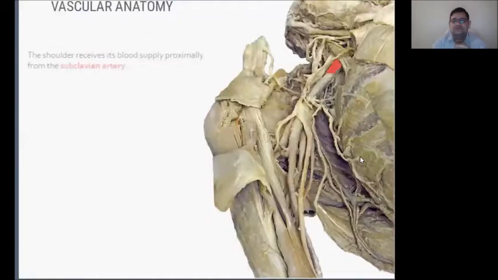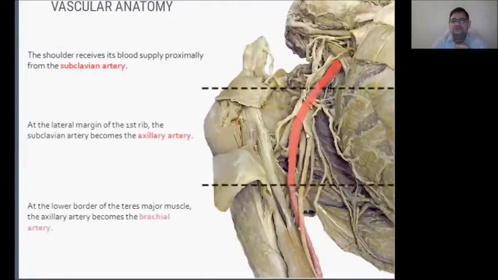So first of all, we should understand that this particular region's vasculature will be supplied by the subclavian artery. You can see this is a subclavian artery, which is above the clavicle. Below the clavicle, it will be known as subclavian. Then from the middle part, that is in the axilla, it will be known as axillary artery. At the lateral edge of the first rib, the subclavian artery becomes the axillary artery. And then at the lower border of teres major, the same artery continues and the name changes to brachial artery. So this is the basic blood supply of this particular region.